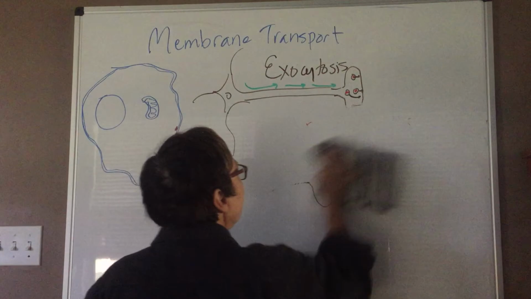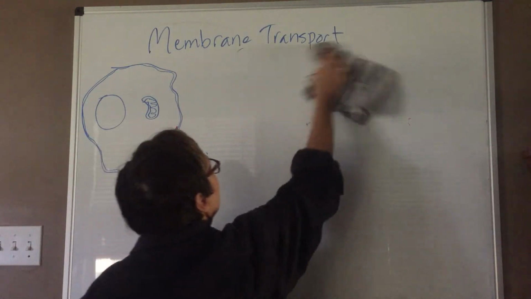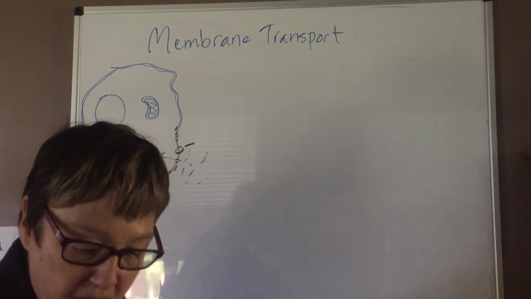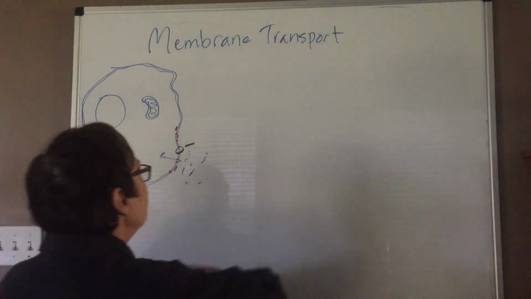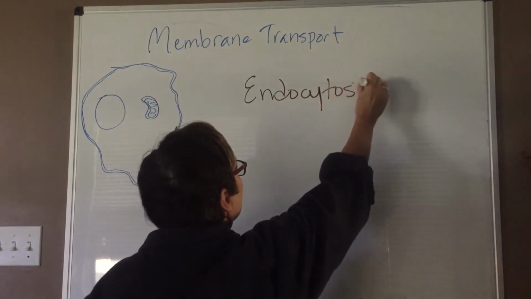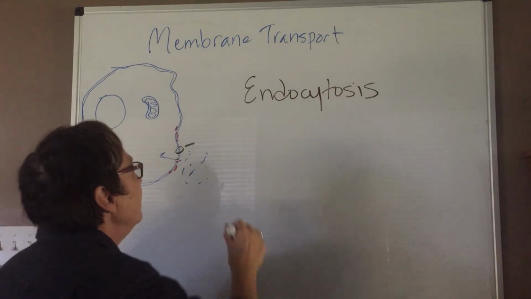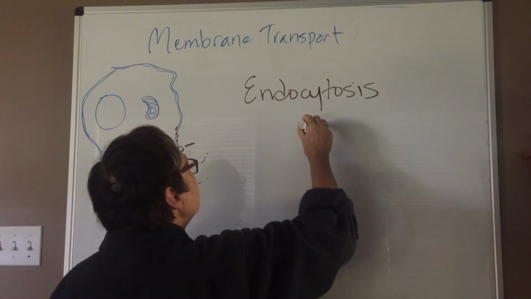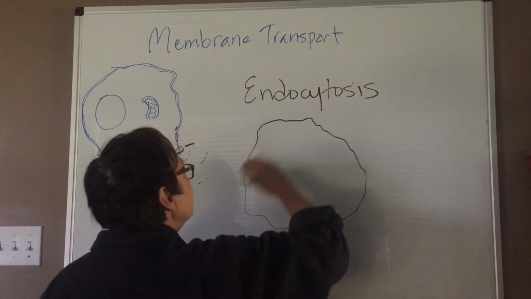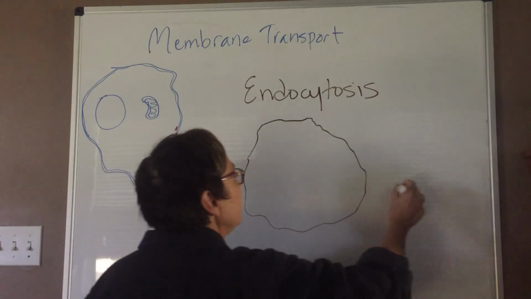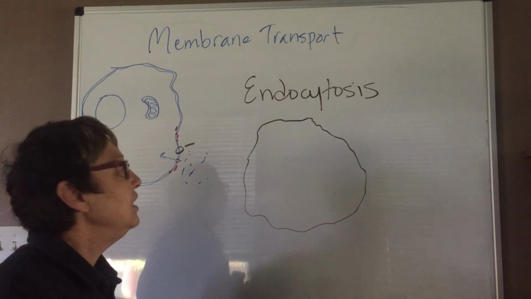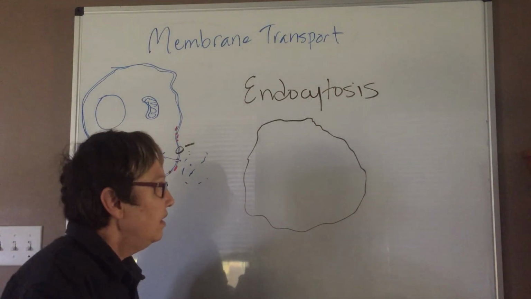All right, so let's take a look at a different type of transport that does involve membrane vesicles, and this is called endocytosis. So here's our cell. In this particular case, we have the opposite. We're going to move substances into the cell, and